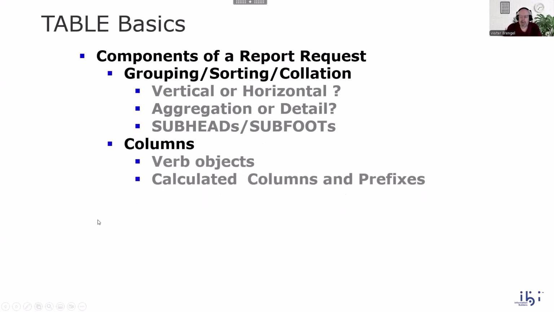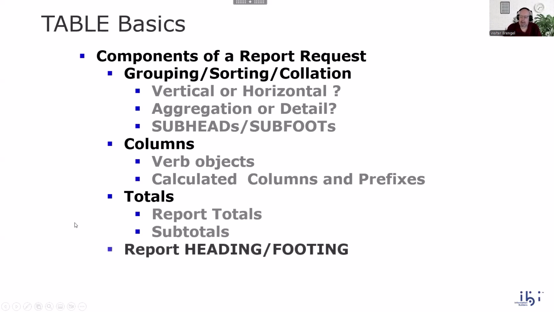The columns are comprised of verb objects, so I'm going to print fields. The fields would be the verb objects. You could have calculated fields using a compute. We can do totaling, so if I want to total up a column, I can do that easily. I can do report totals, or I could do subtotals. Headings and footings I already put into my group sorting. You have a report heading, and then you also have a page heading. The report heading is at the beginning of the report,